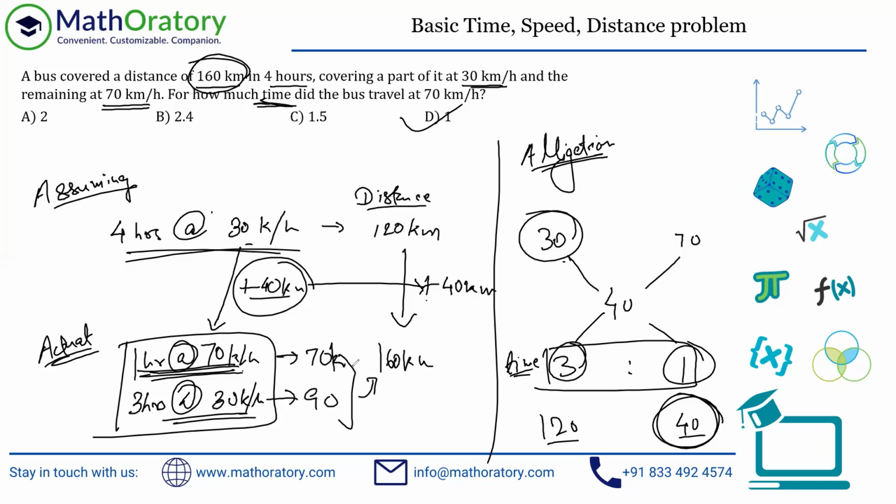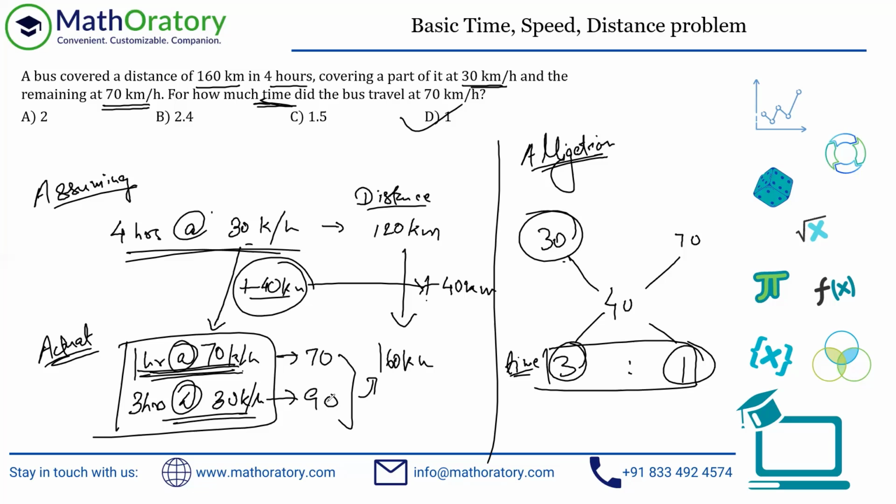So this was the distances, right? 70 kilometer and 90 kilometers. So you will get a wrong answer. So just remember this whenever there's an alligation thing, you're applying alligation, the ratio will always be the denominator of the rates or averages, whatever it is. So in this case, that is time.